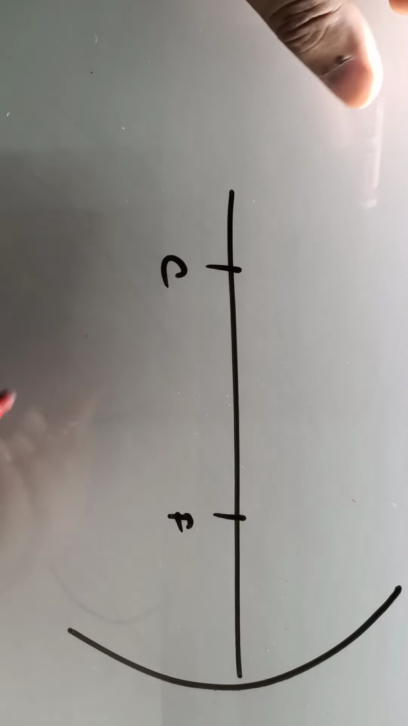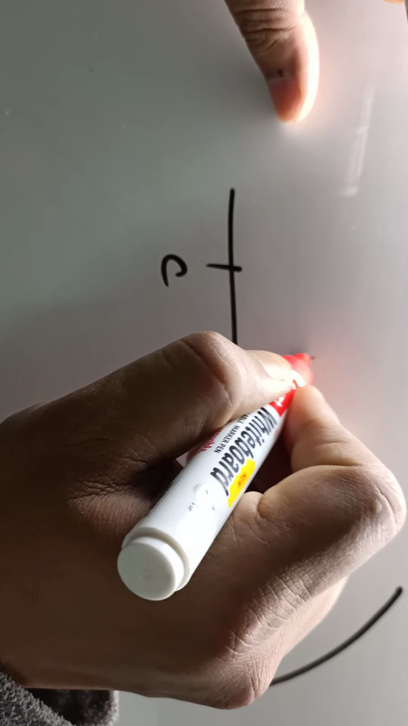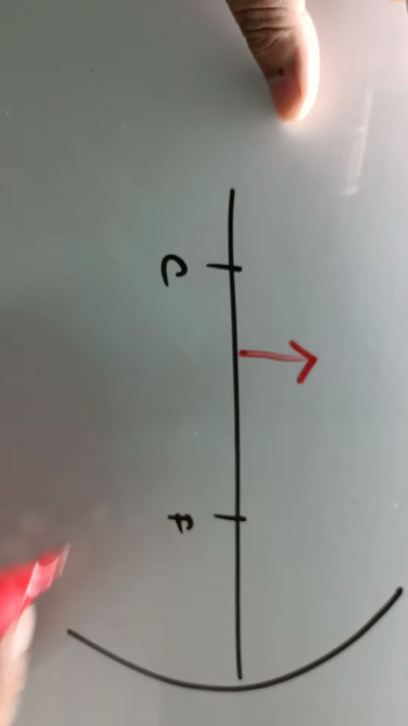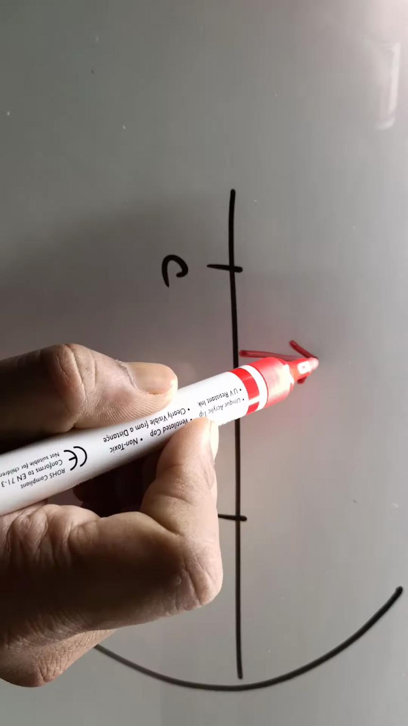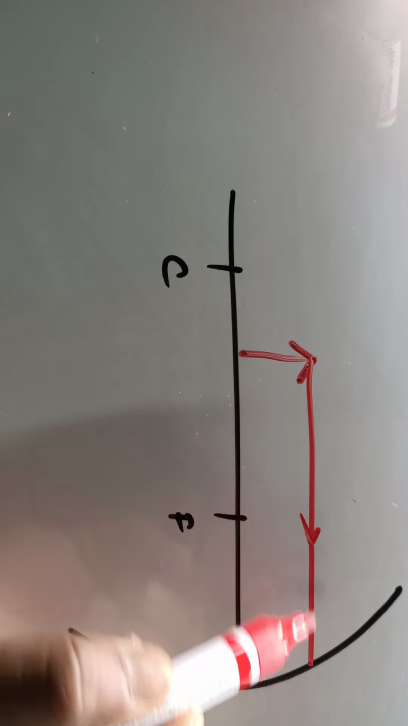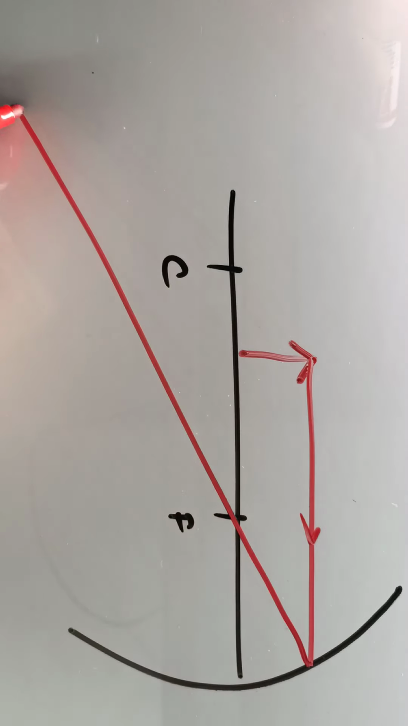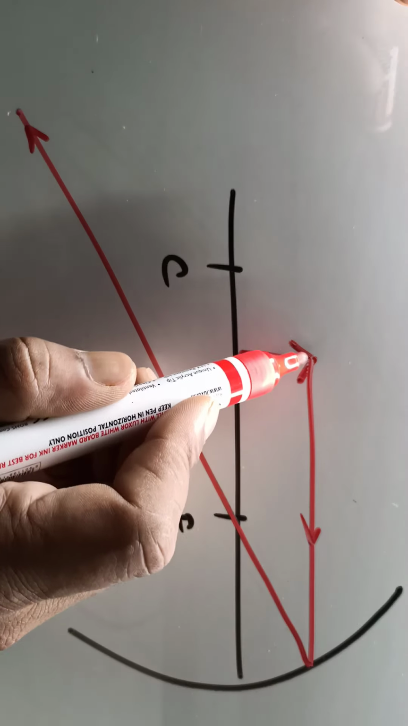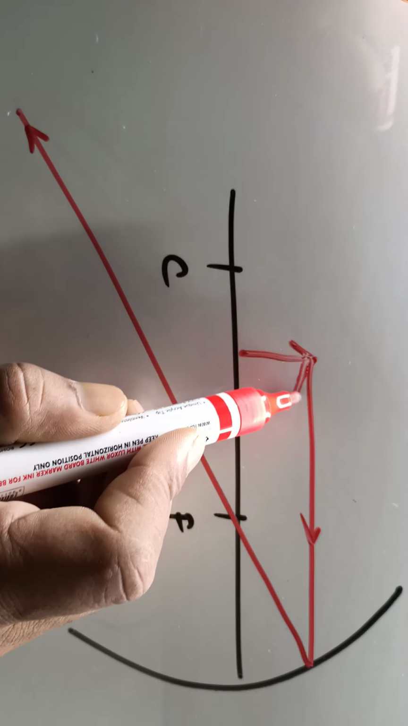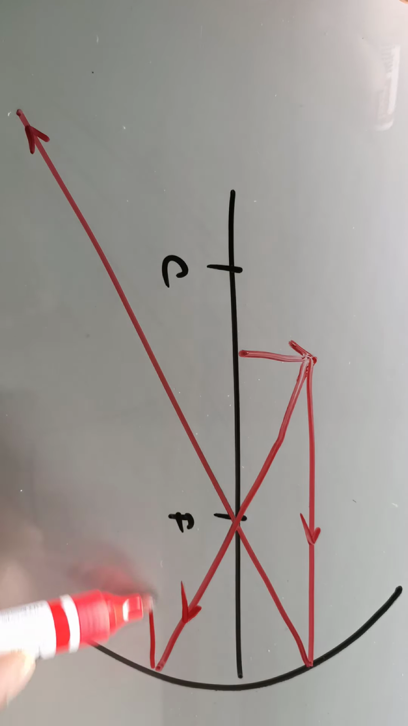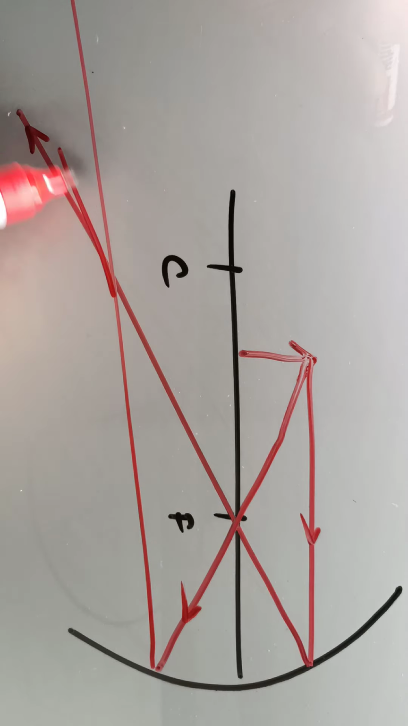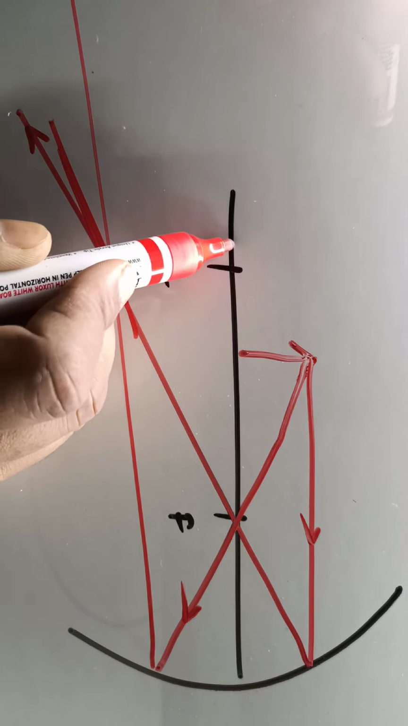So now we move to the next position. Where will the image be formed if the object is placed between C and F, right? C and F. So a ray of light travels parallel to the principal axis. After reflection, it passes through the focus. Another, a ray of light which passes through the focus travels beyond, right? So you'll find that